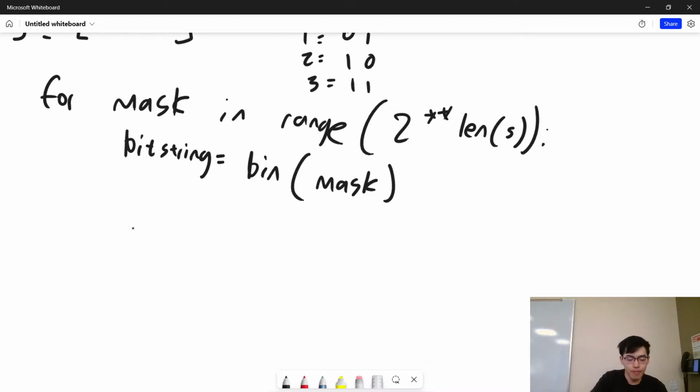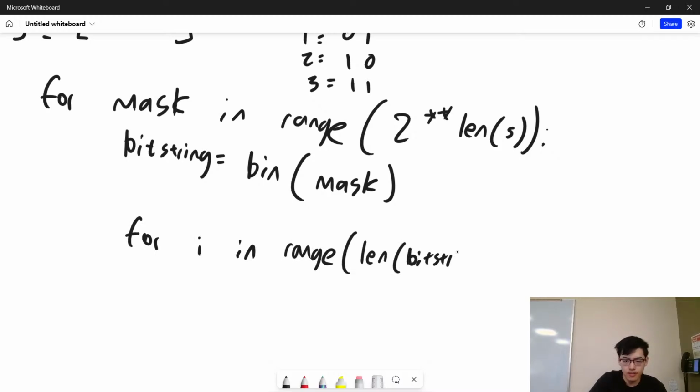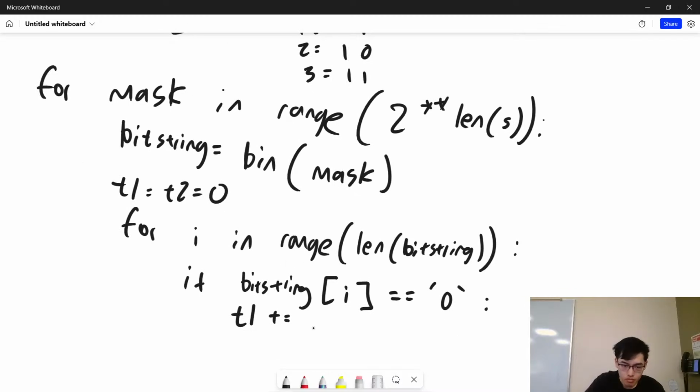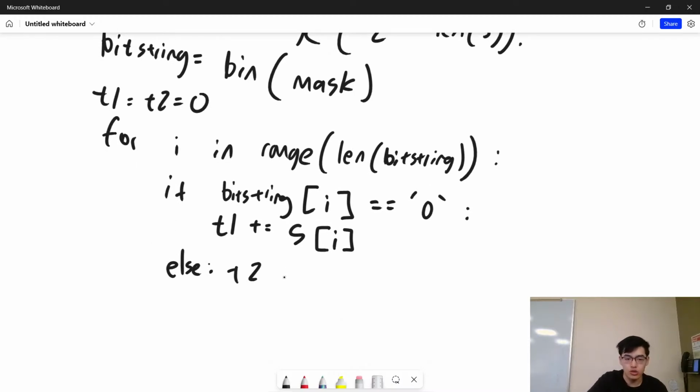Now we're going to do a for loop through this bit string. For i in range of the length of the bit string. Team 1 equals team 2 equals 0. Before this for loop, we're going to say if bit string at i is 0. Since this is a string, we'll have to use the string instead of an integer here. If it's a 0, how about we just add it to team 1? T1 plus equals the, what do I call this array? S? S at i. We're adding the ith element to team 1 if there's a 0 there. Otherwise, T2 plus equals